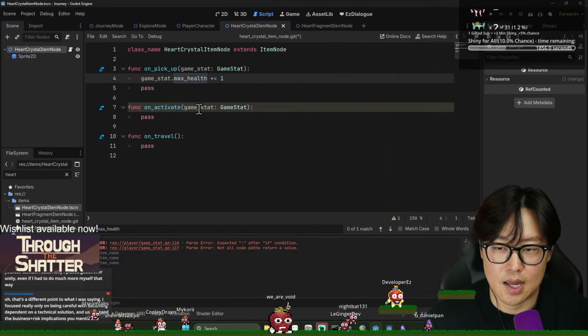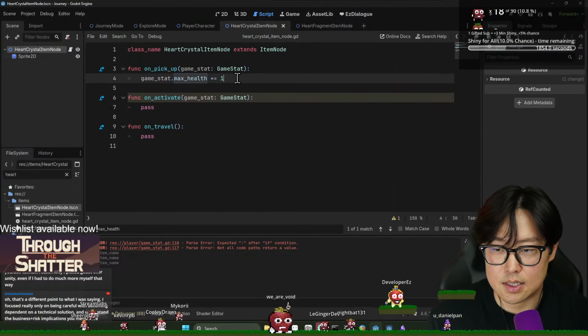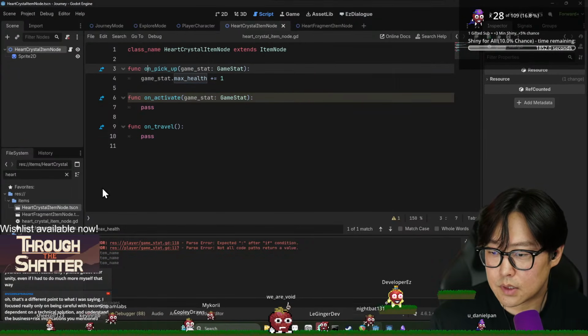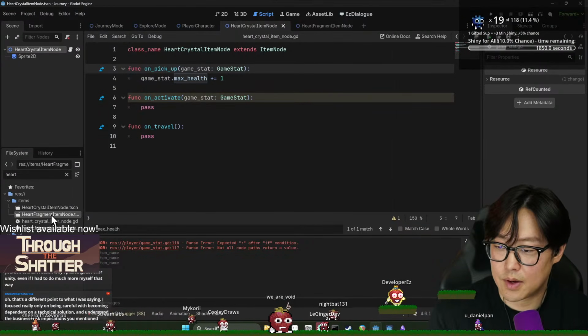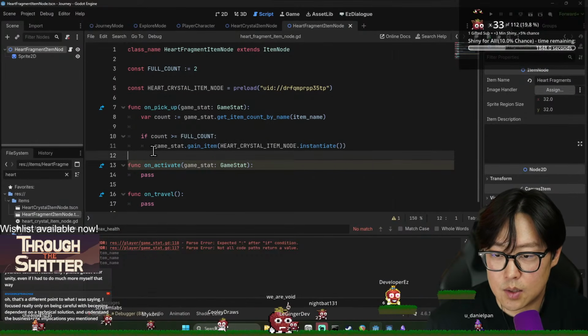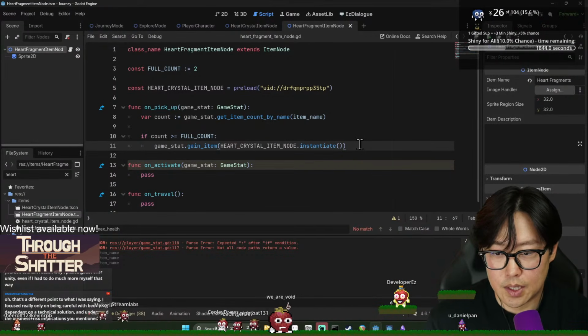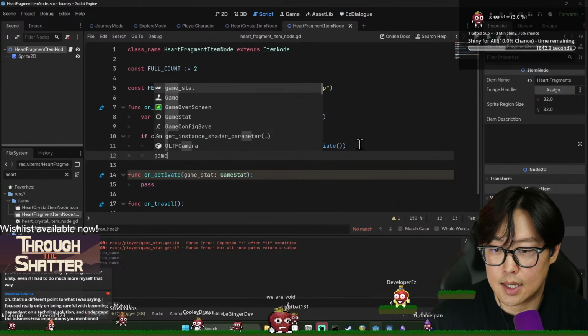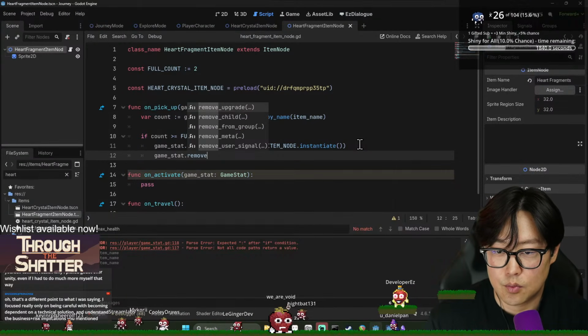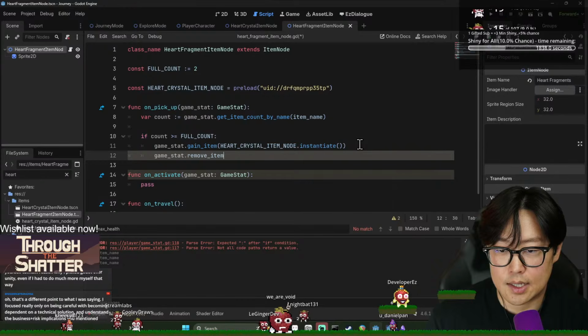No, I don't. I have it reduced, but there it is. Okay, so we're going to do that. So on pickup, we're going to increase the heart fragments or heart count. When we get a full count, we're going to say game stat, remove items,